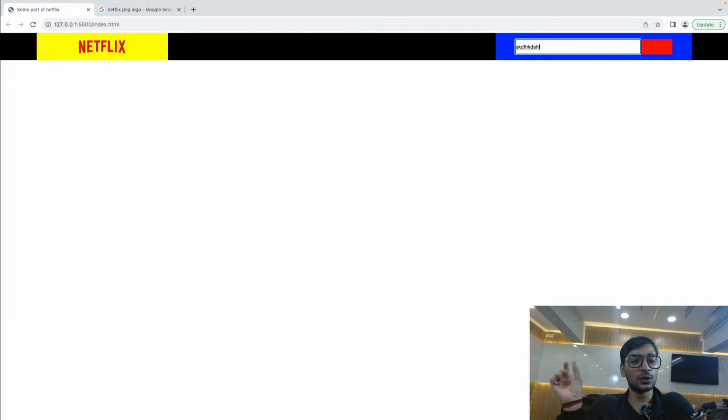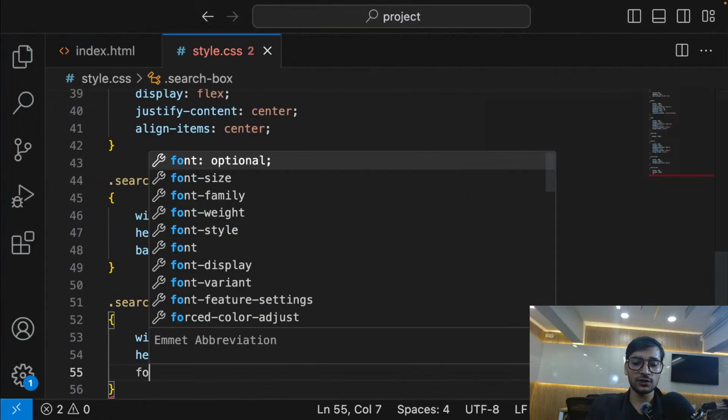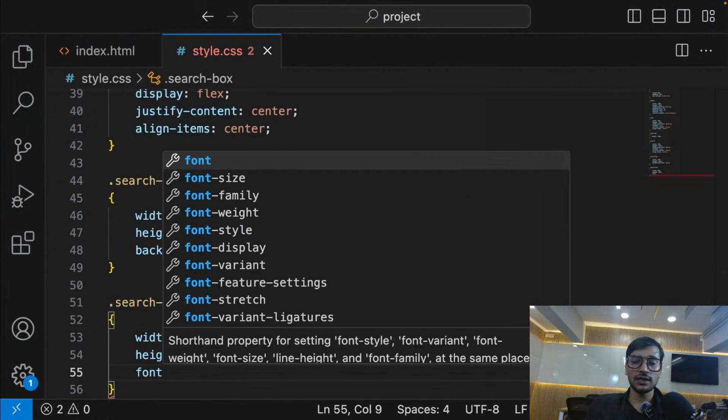Now the font size is a little too small, so let's make the font a little bigger. For that, not a big deal, I'll just go ahead and increase the font size of search box. So font size,